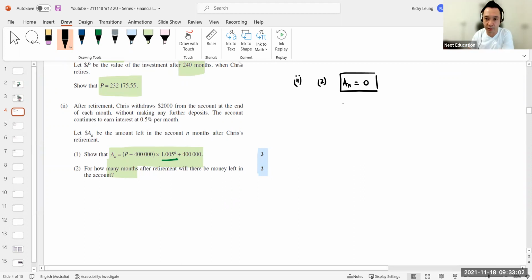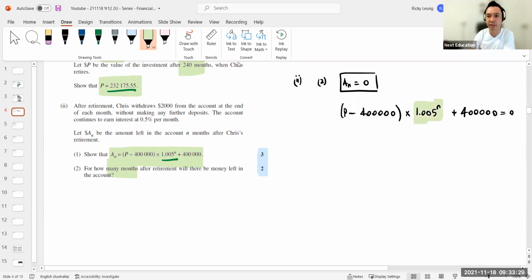So P, I suspect they'll need me to use a number in here, so use a rounded-off figure. Don't use one that's in your calculator. I guess you don't need to. So let's say P minus that, times 1.005 to the power of N, plus 400,000. Set that to 0. I'm trying to make this term the subject, so I'll do that by minus 400,000, then divide by that factor, and you get, therefore,